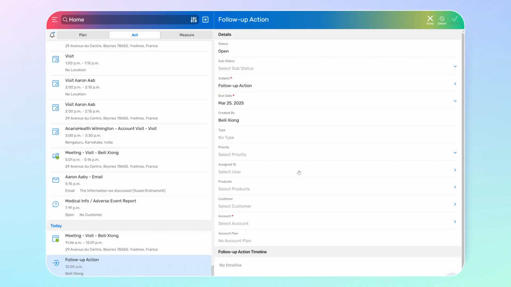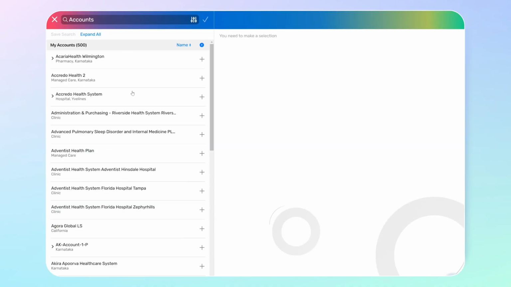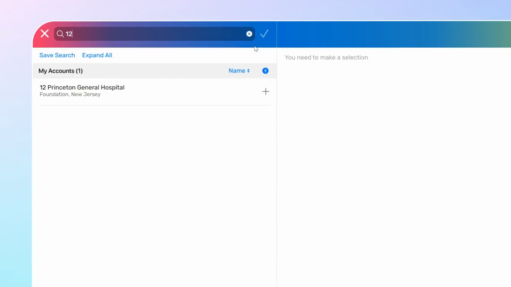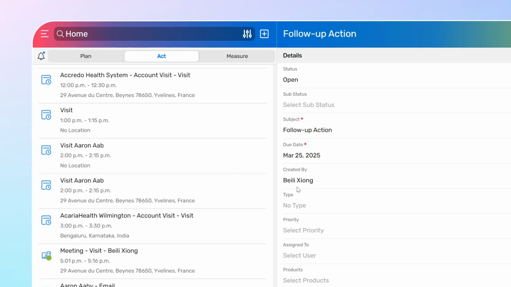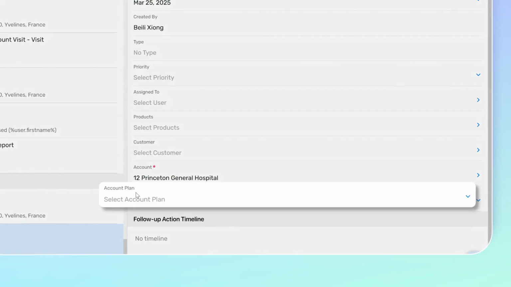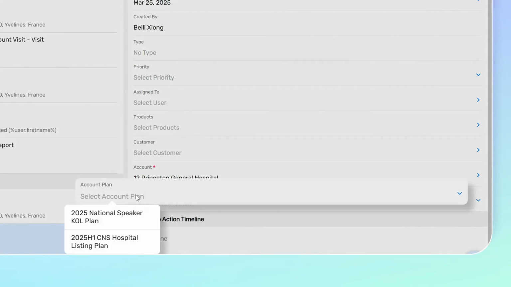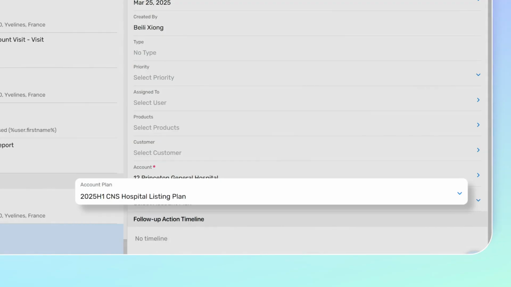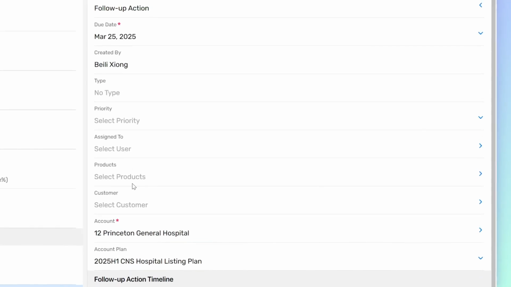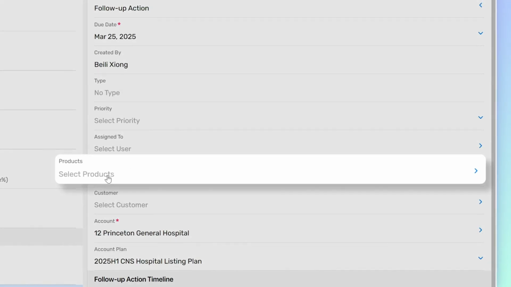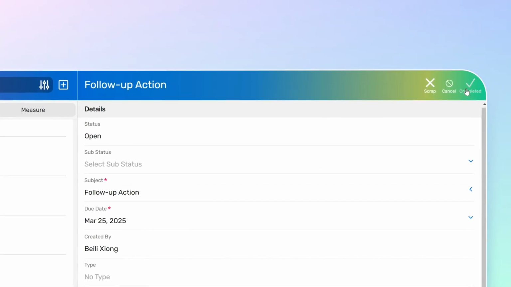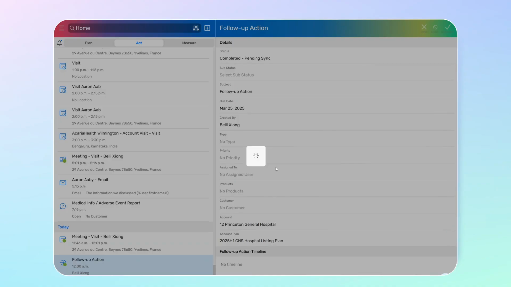from the list. And we could select the accounts from the list. So for example, if we select one of the accounts, we can select the associated account plan that we want to follow up. So for example, if this is about a hospital listing plan, we could fill in all the necessary information. For example, what are the products, what are the customers that we are engaging with, then we can hit complete. That will create a follow-up action